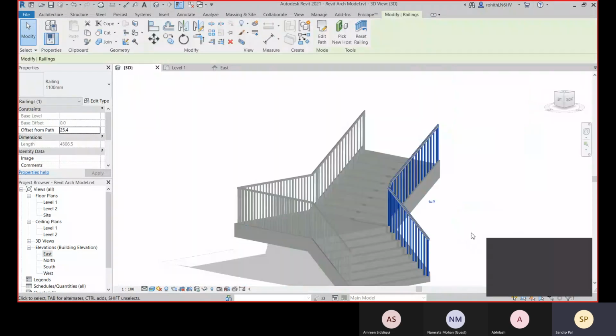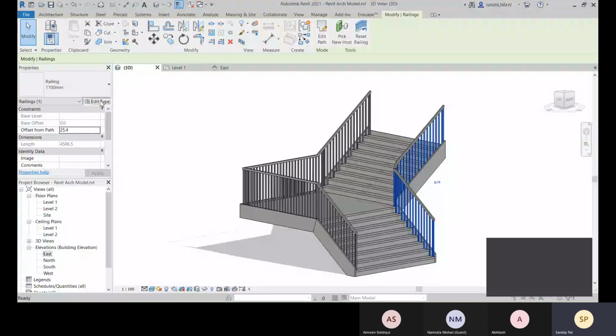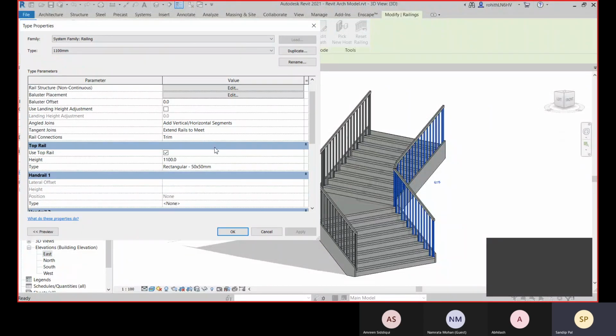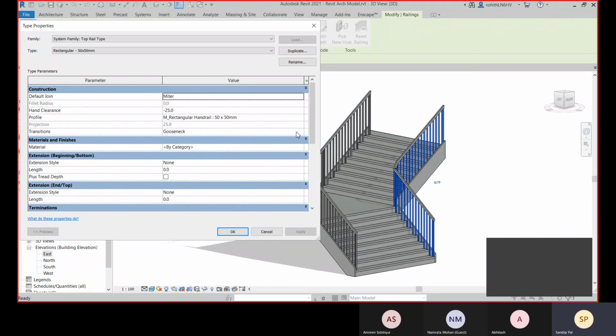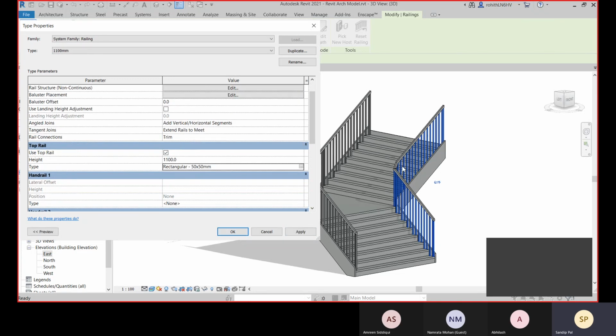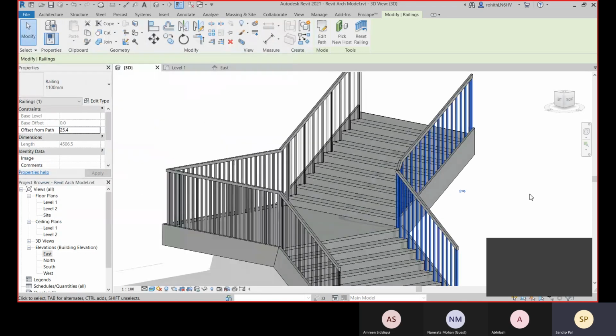So for that railing, what you do is go to its edit type, and for this top rail, because this is the top rail, go to its top rail and change this thing. You can click OK and check whether it is happening or not.